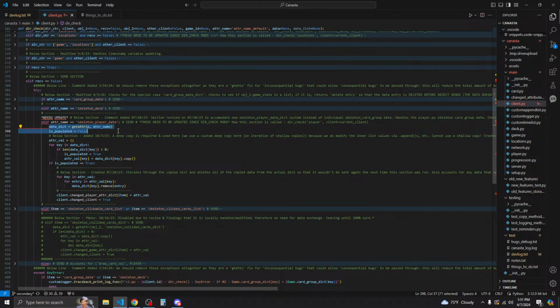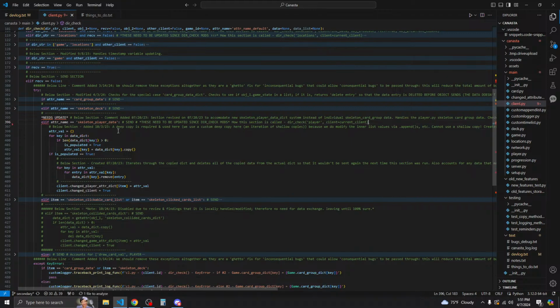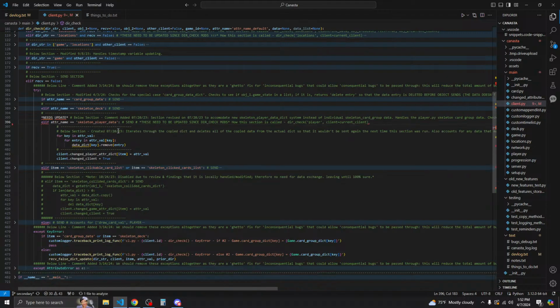Is populated is also gone. That's gone. For key and data dict gone. All this is gone. All that's being replaced with the new system. Able to get rid of a lot of code. For key and adder val. Yep, and get rid of all that.